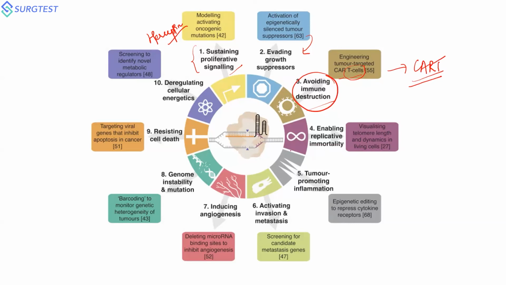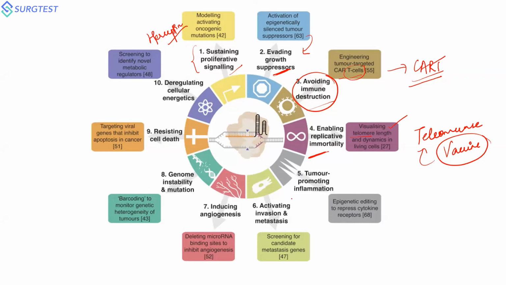Replicative immortality, I told you telomere is important for immortality. When I talk about growth suppressors, I talk about apoptosis. When it is immortality, I talk about telomere length. So there is something called telomerase vaccine, which will go and destroy the cancer cells which will be producing your telomerase enzyme. So it is more like an antibody against your telomerase. Thereby, the progressive shortening can be accelerated and the cells will be subjected to senescence.